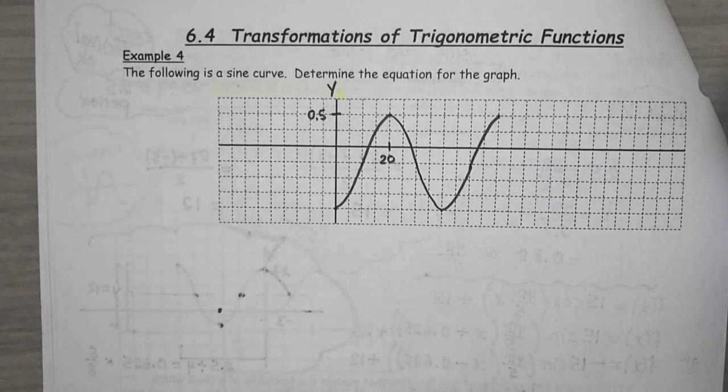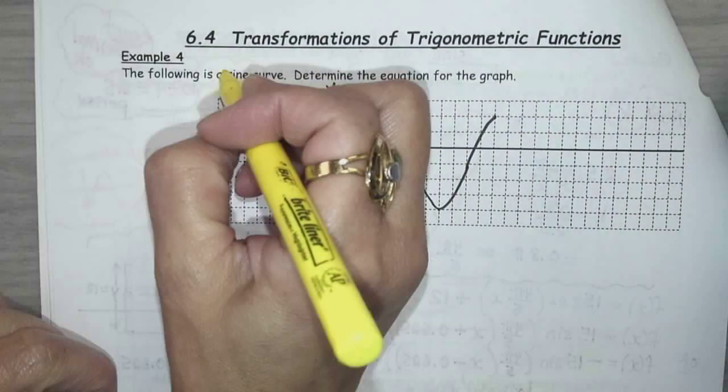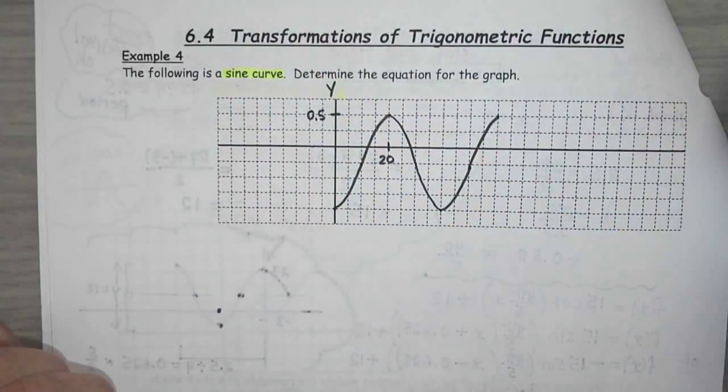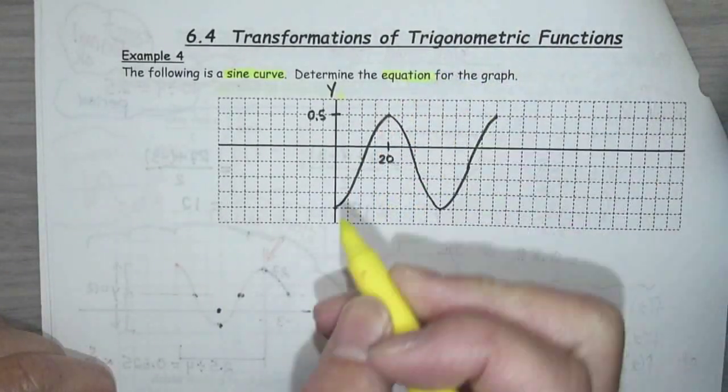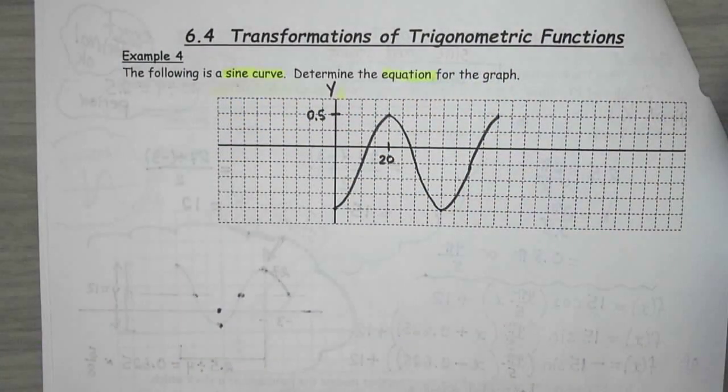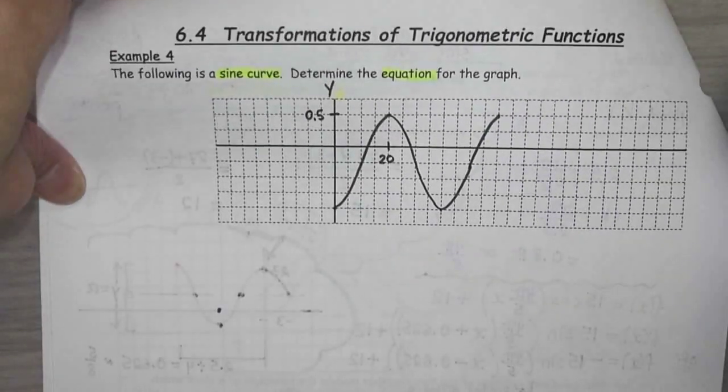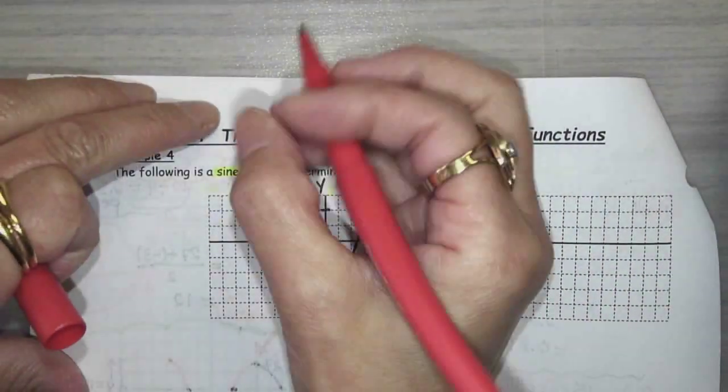So we're going to go through this one, and it says it is a sine curve and determine the equation. So make sure you read it carefully. In this case, I'm asking you specifically to make the equation with a sine curve. So not sinusoidal. Sinusoidal means either. So if I say sinusoidal